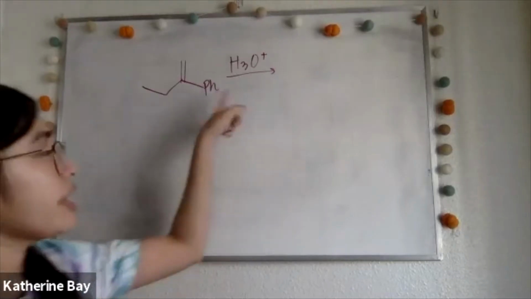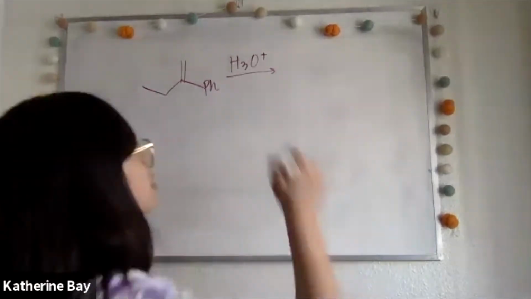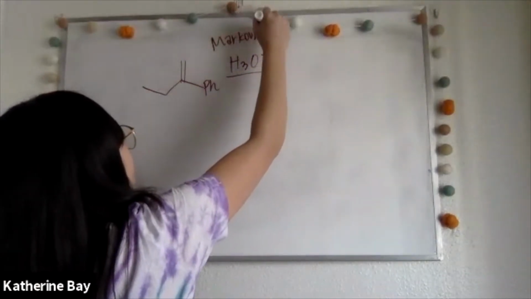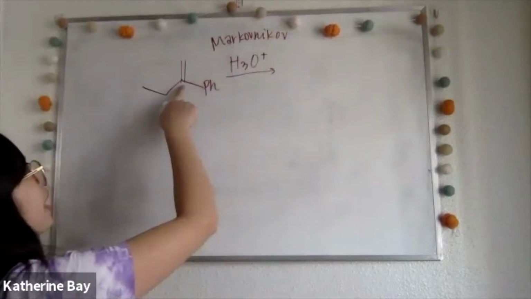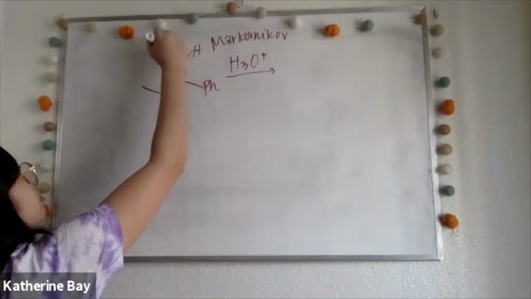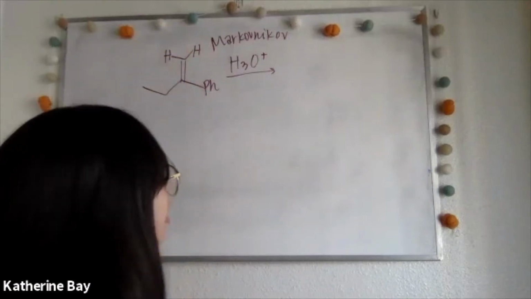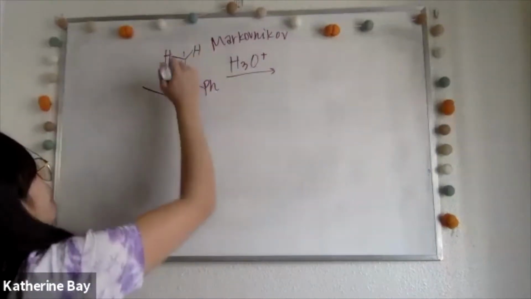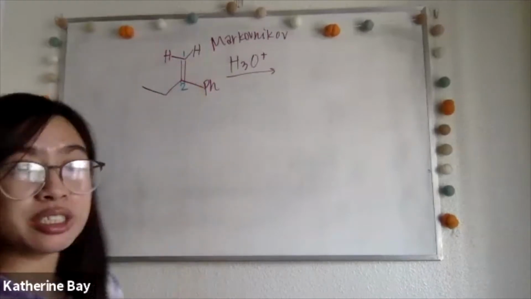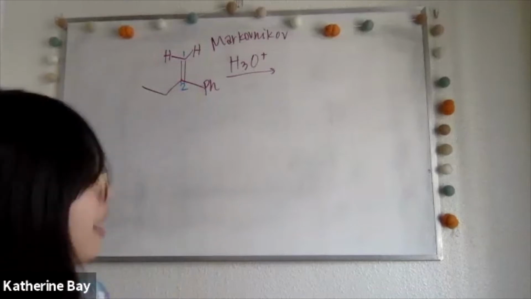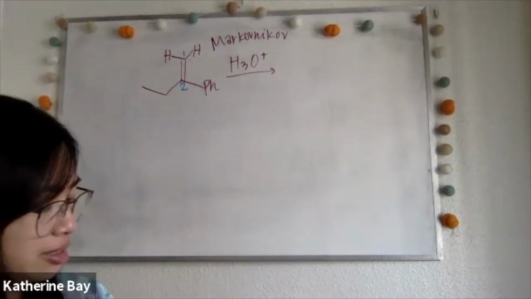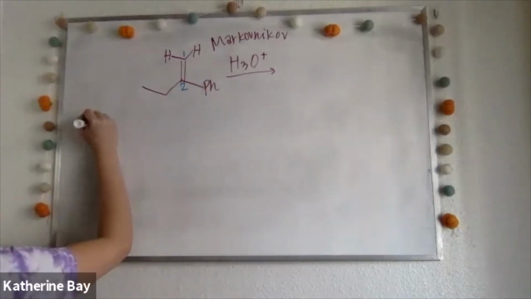So when we use H3O+, this also follows Markovnikov's rule. So we're going to take a look at which side of the alkene has more H's. So we can draw in the hydrogens at the C1 position, and then C2 has 0 hydrogens connected to it. So between each side of the alkene, C1 has more H's, which means the hydrogen from H3O+ will add to the C1 position. And I'm just going to redraw